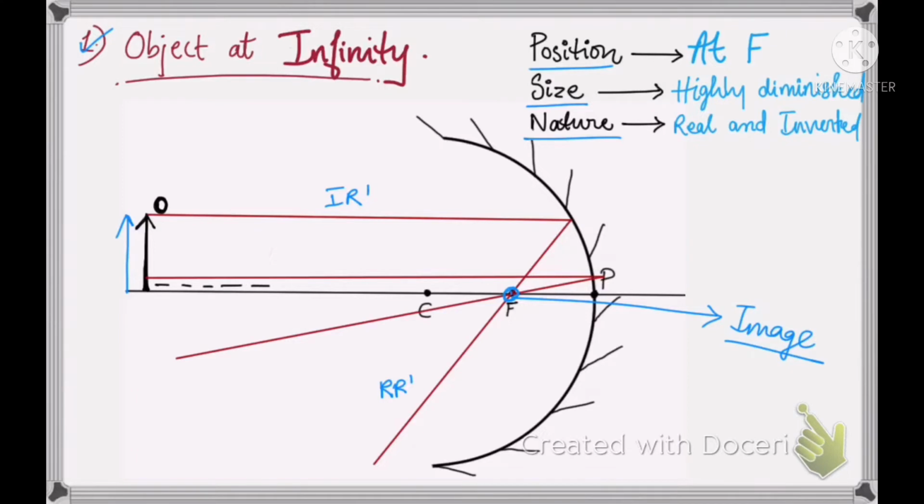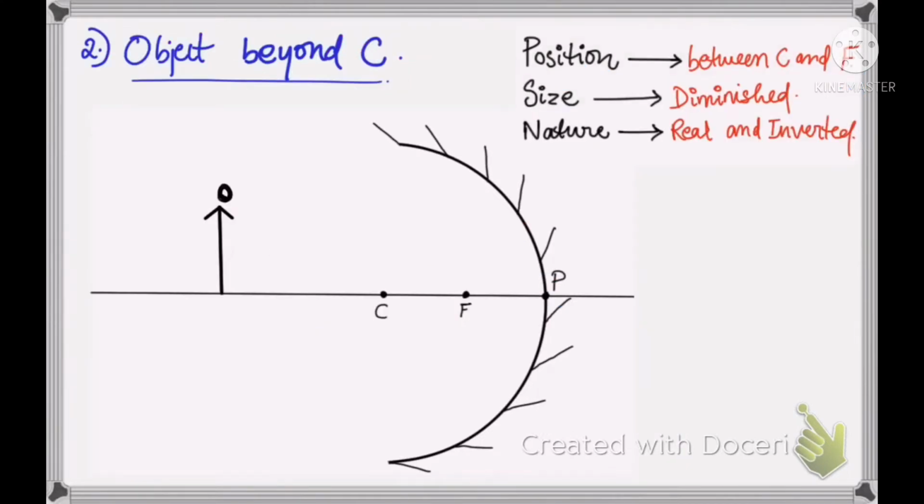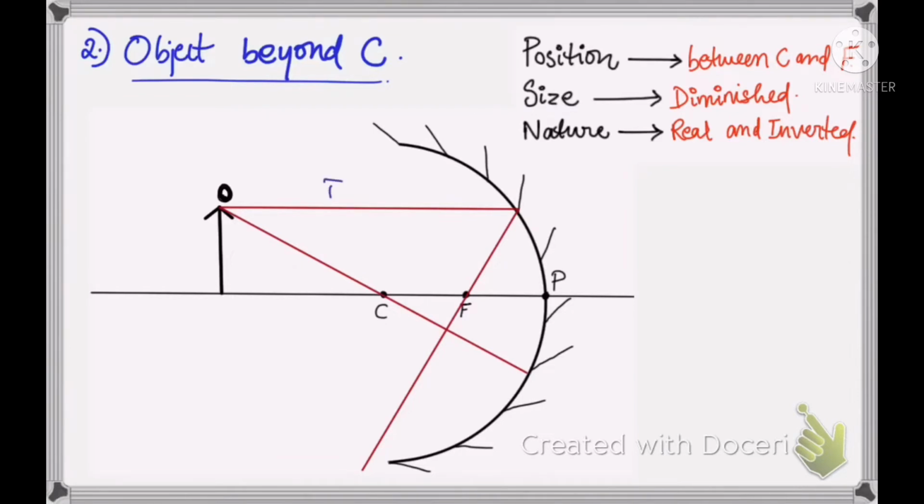Now let's move on to the second case. Object beyond C. That means C is the center of curvature. So the object is beyond the center of curvature, you can consider it anywhere. And now these rays are not compulsory to be parallel. So let's start. Object beyond C. I'll consider a parallel ray first. You can consider any rays and go through it, and it will reflect this way. Then I'm considering a ray like this, which is passing through the center of curvature, and of course it will reflect in the same way. So now I'll write IR1,